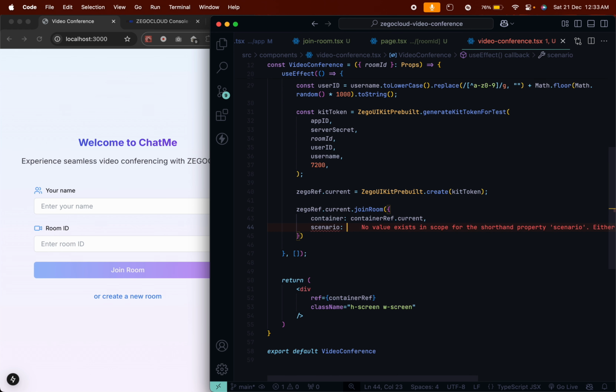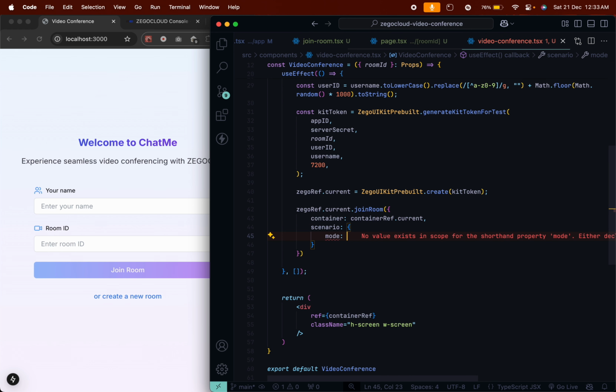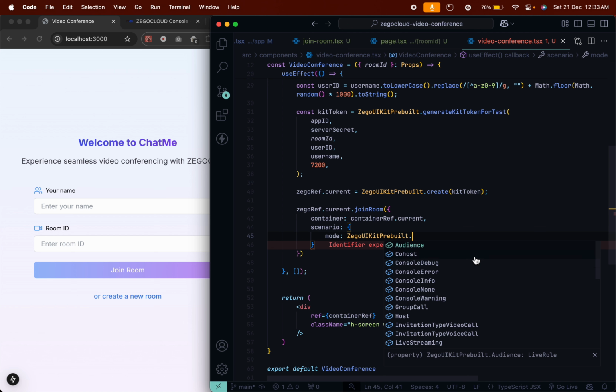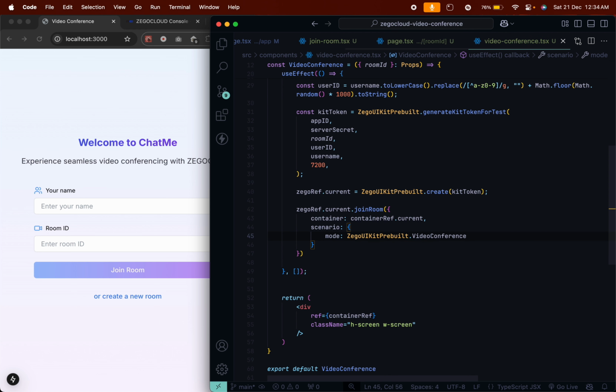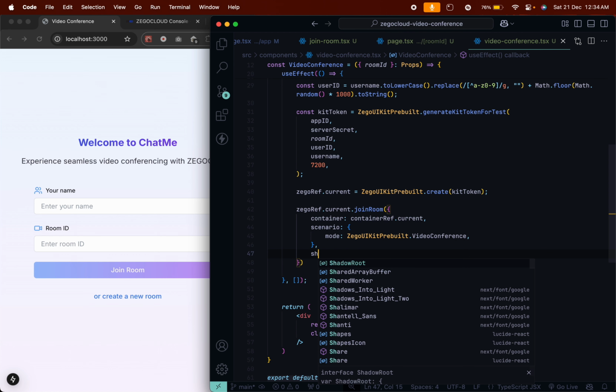Then scenario as a mode. And here comes the best part: which mode you want to add in your app, which is group call as a host, invitation call, one-on-one video call. In this, we'll be exploring this video conferencing. So I'll just add it like that and make